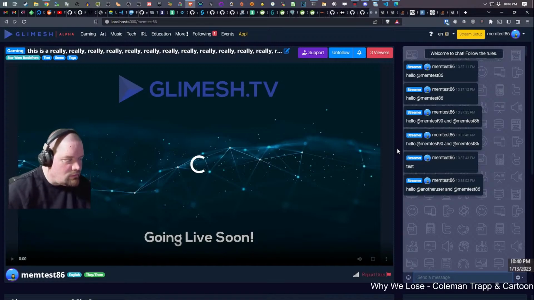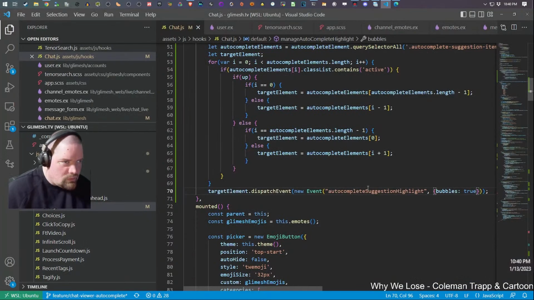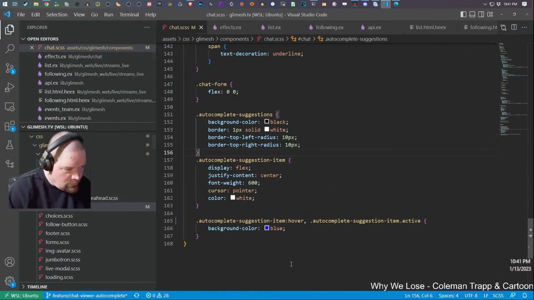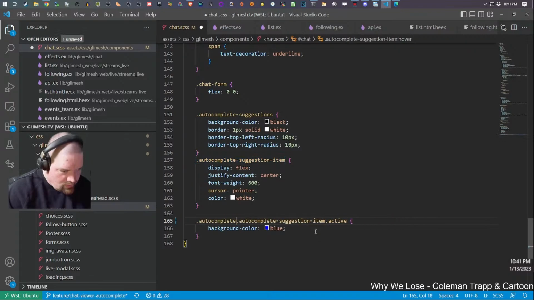Oh, I need to remove the CSS for the hover because we're going to kind of sort of handle that with this, right?